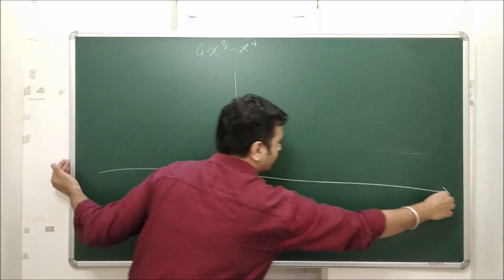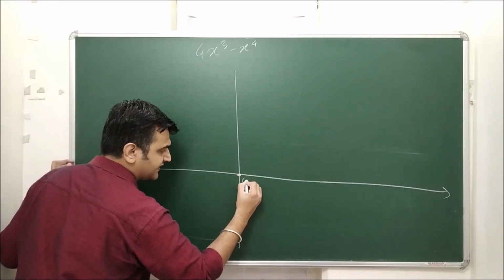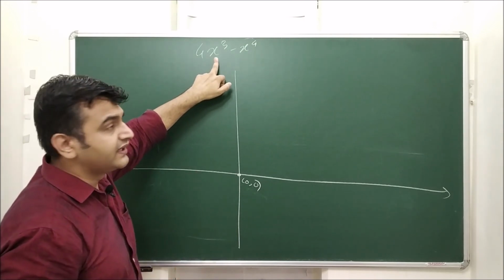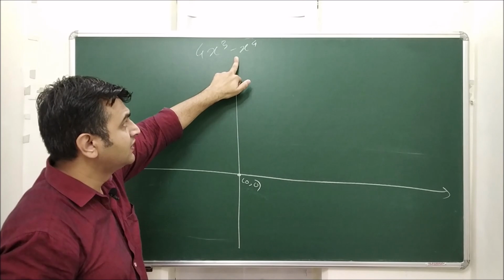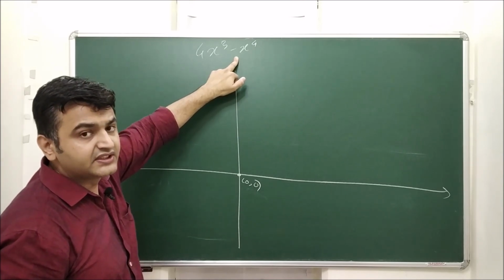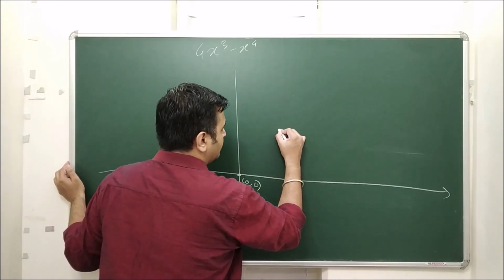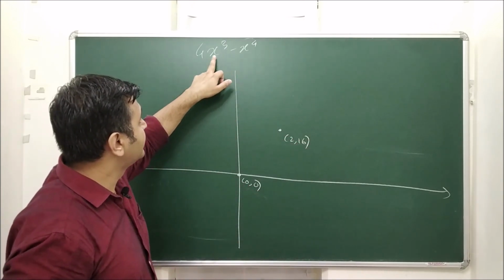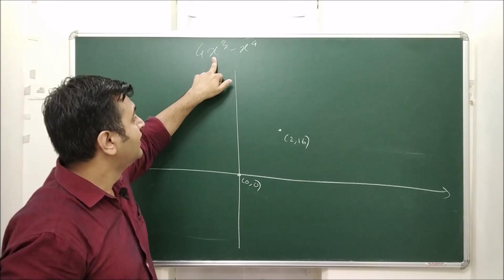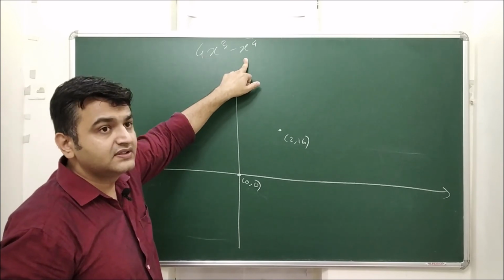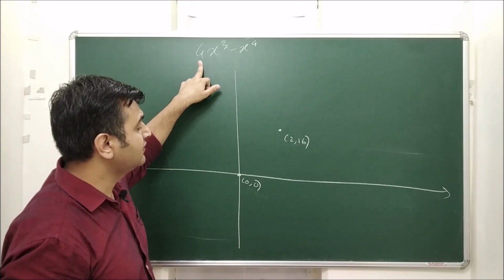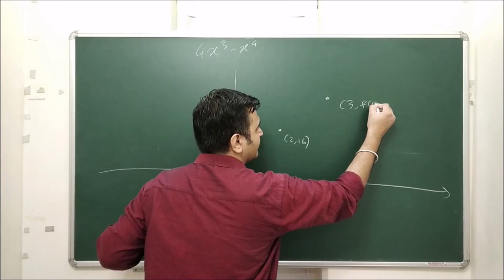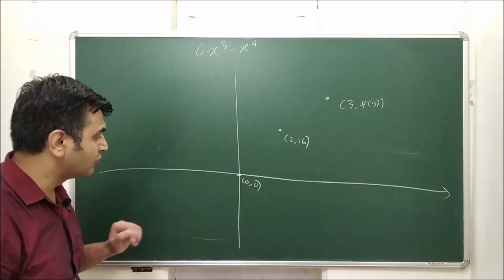Okay, at 0, what is f of 0? It is 0 only. So this is 0 comma 0. Then it was 2. So what is f of 2? 2 2s are 4, 4 2s are 8, 8 4s are 32. 32 minus, what is 2 raised to 4? 16. So it is 16. So this is my 2 comma 16. And then 3. 3 3s are 9, 9 3s are 27. 3 raised to 4 is 81. 27 4s are, okay, something. So you have a point over here, 3 comma f of 3. I don't know, you can do the calculation, not an issue.